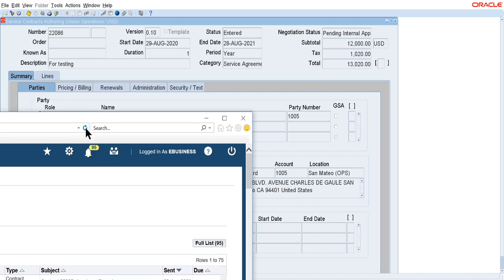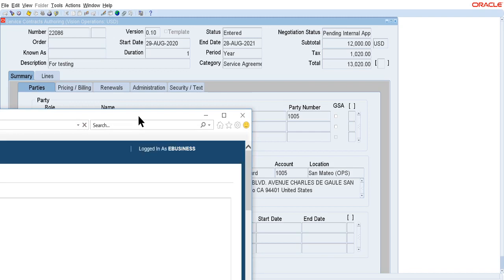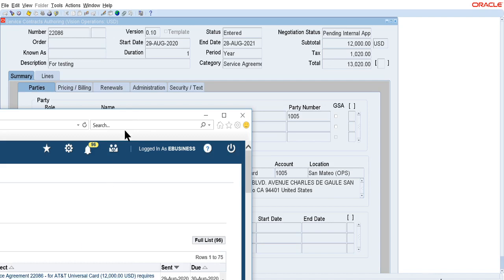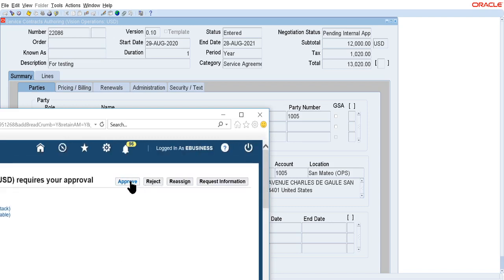Let me refresh it. You can see the service contract 86. Click on this. You can approve, reject, and reassign. You can reassign to another person to approve this, but I am approving from here.